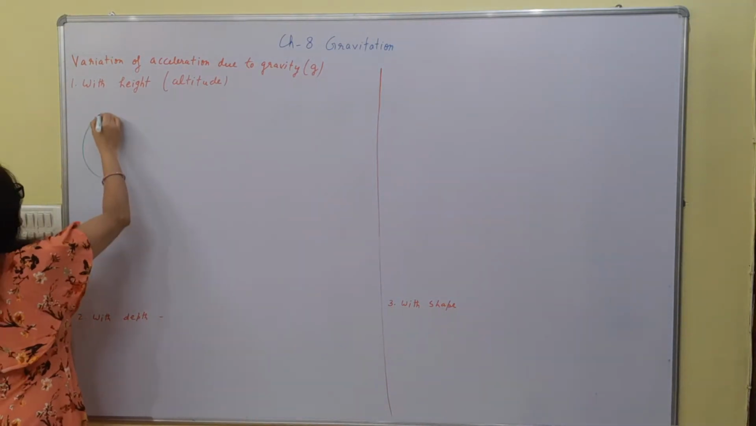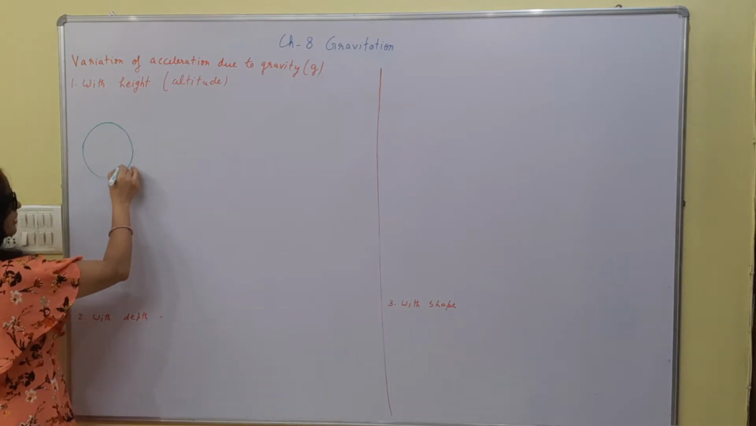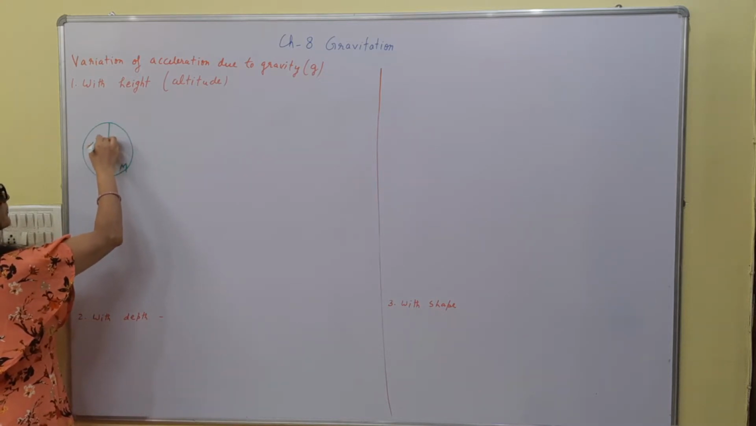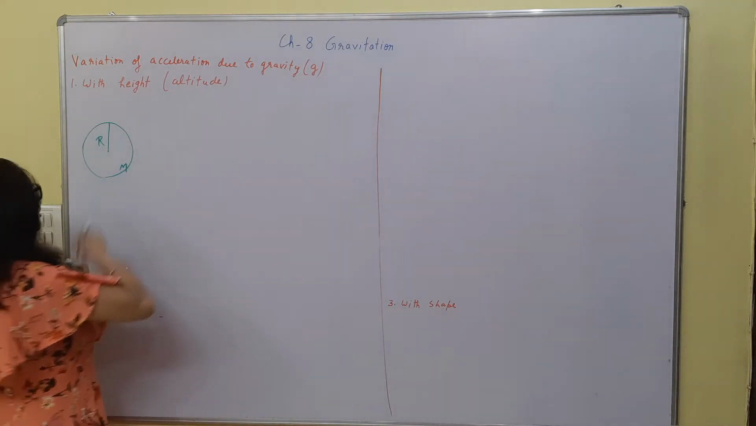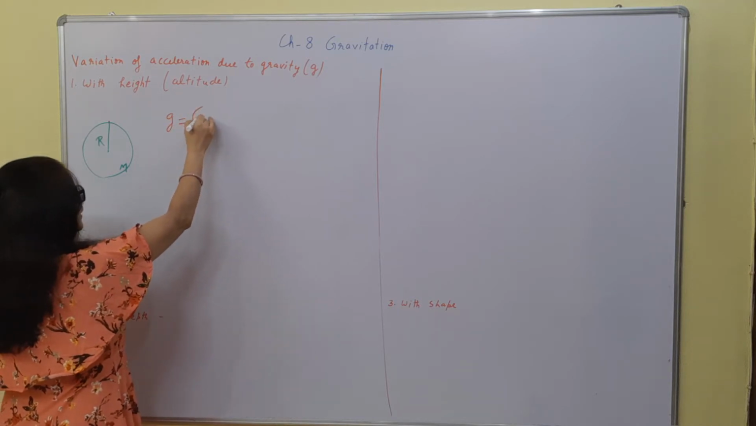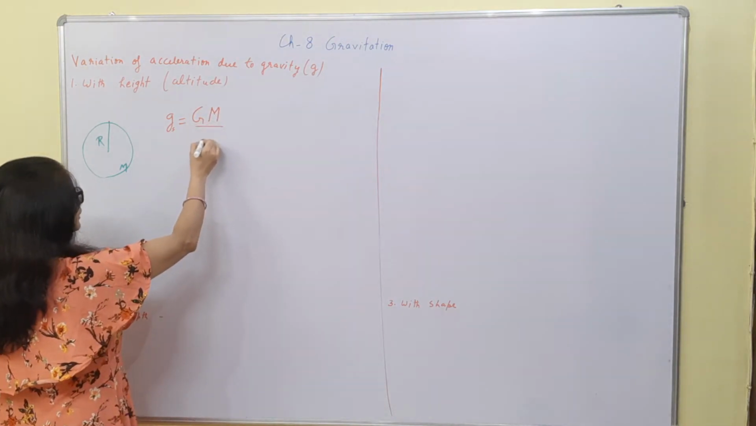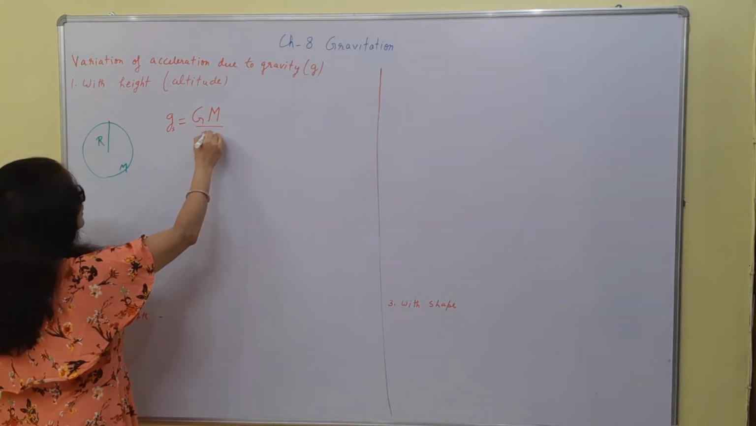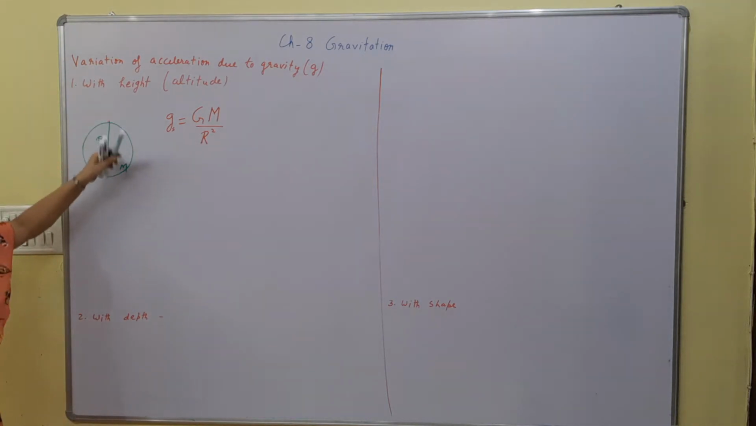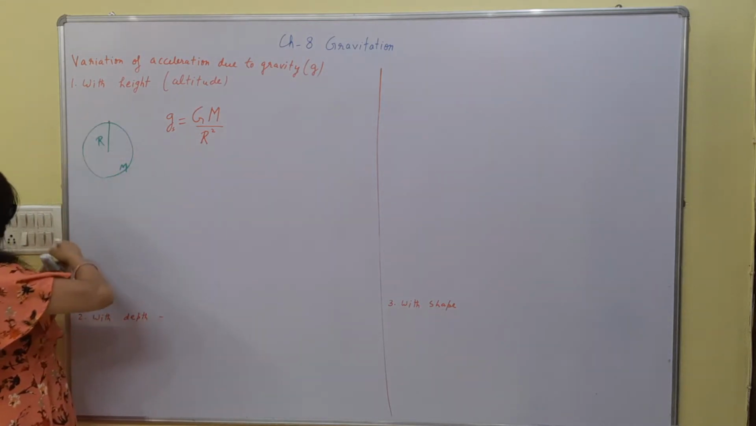So let's take the earth having mass M, capital M. The radius of the earth I am taking as capital R. So if any object is here, then the acceleration due to gravity at the surface is given by G M upon capital R square, because if the object is here, then the separation between the centers will be capital R. Now if we are considering at height h